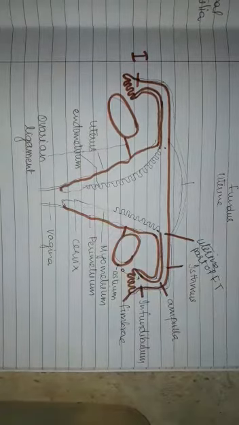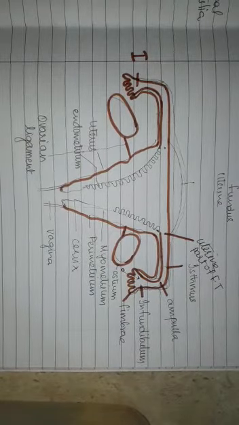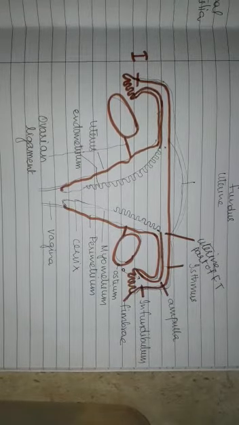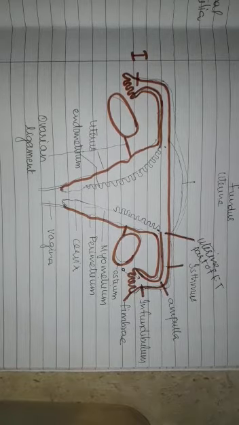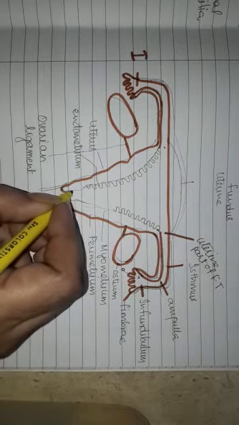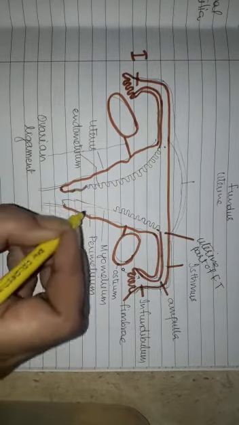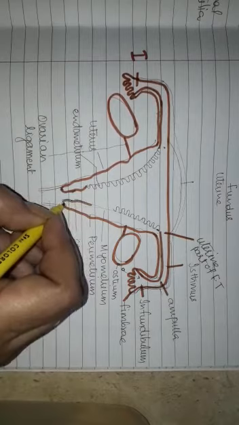Uterus is also known as womb, W-O-M-B. It is a highly elastic median sac, and its function is the development of embryo inside